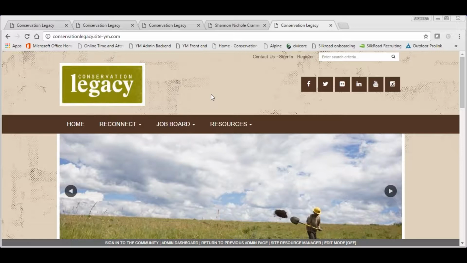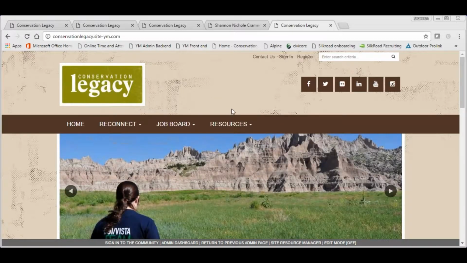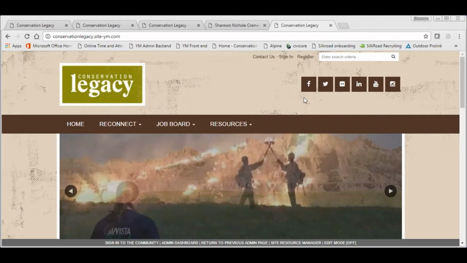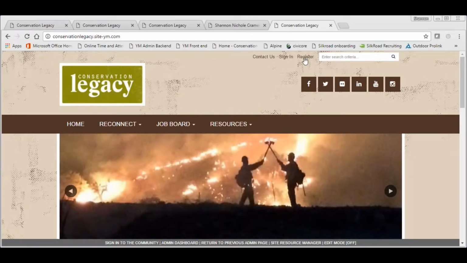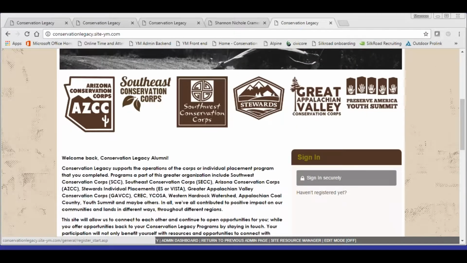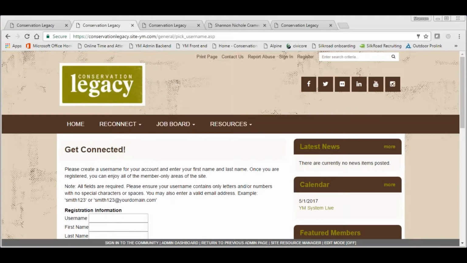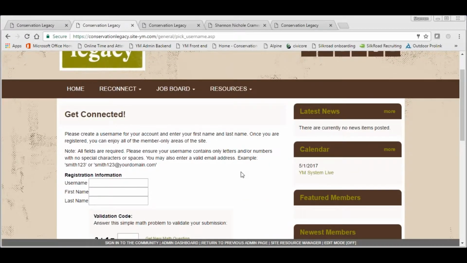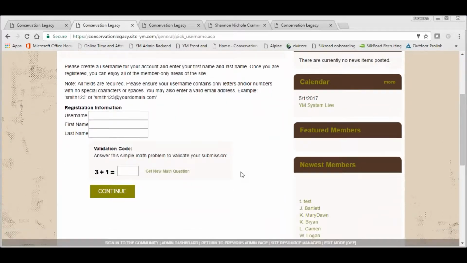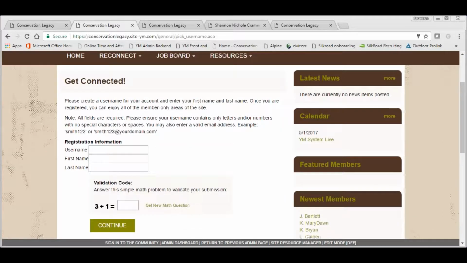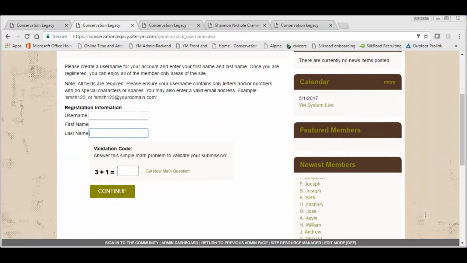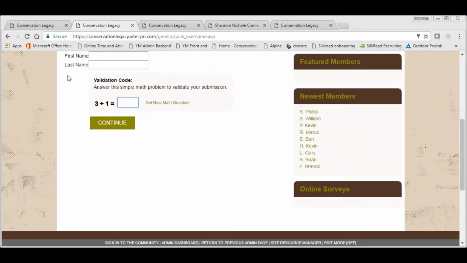So, say we want an alum to come and register with us. We would give them the www.legacyalums.org link. They would land here and they can click on register, or they can click on the haven't registered yet. Either way, the first page that they're going to get after they click one of those is this one. So here are the instructions for this. They would enter a username, their first and last name, and a validation code to ensure that they aren't a robot. It's always going to be a very simple math problem. They hit continue, and the next page that they would land on